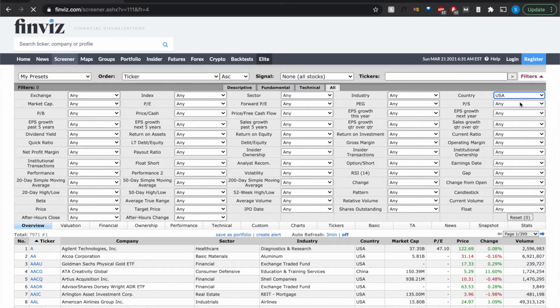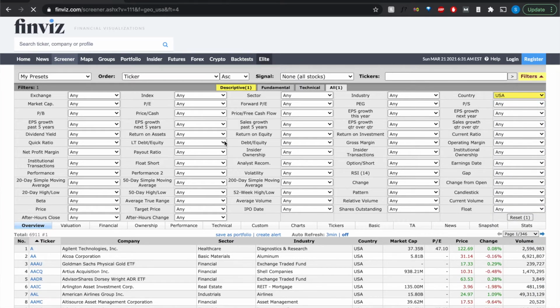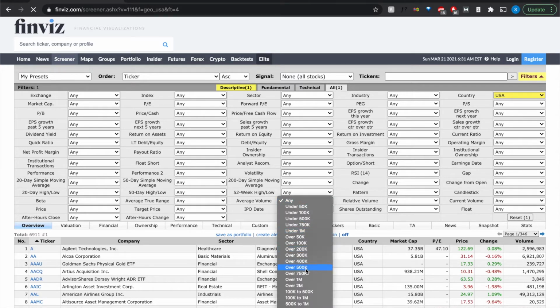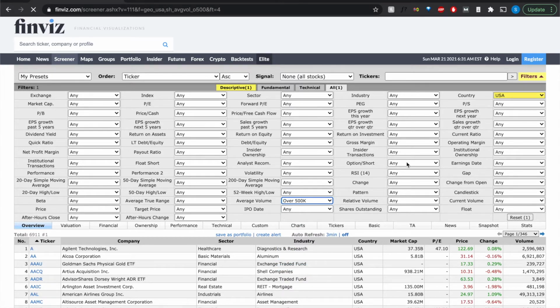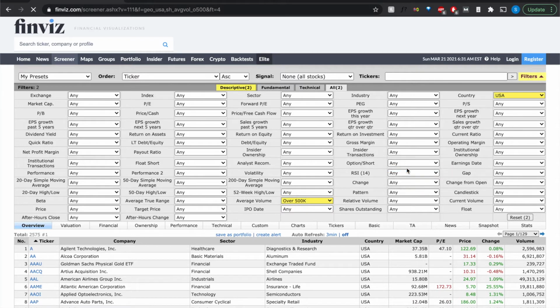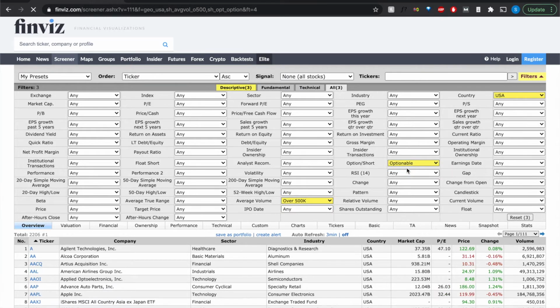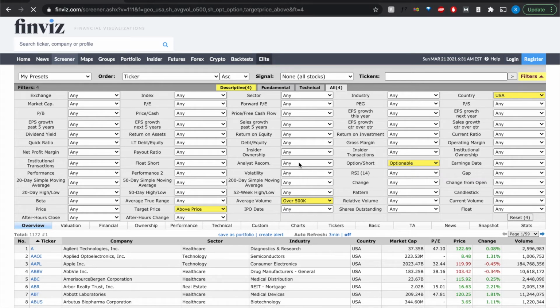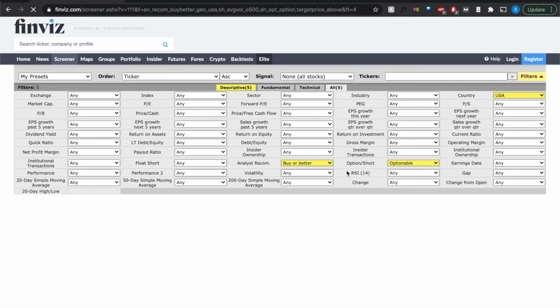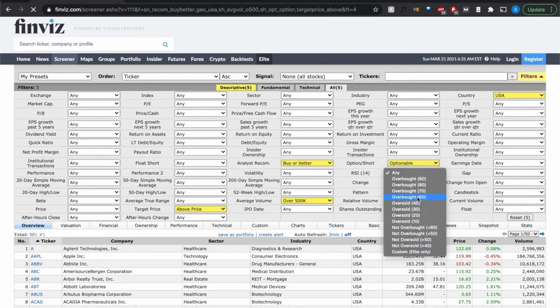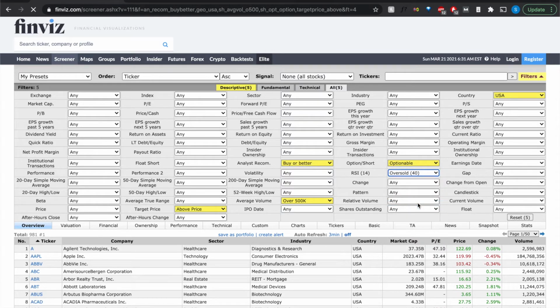So we'll select stocks only from companies which are listed in the US, and we are going to be looking at stocks which have enough liquidity. We also want to be looking at stocks which have corresponding options available for trading, and we want the target price to be above the current price. We want the analyst rating to be buy or better, and we want the RSI to be oversold,